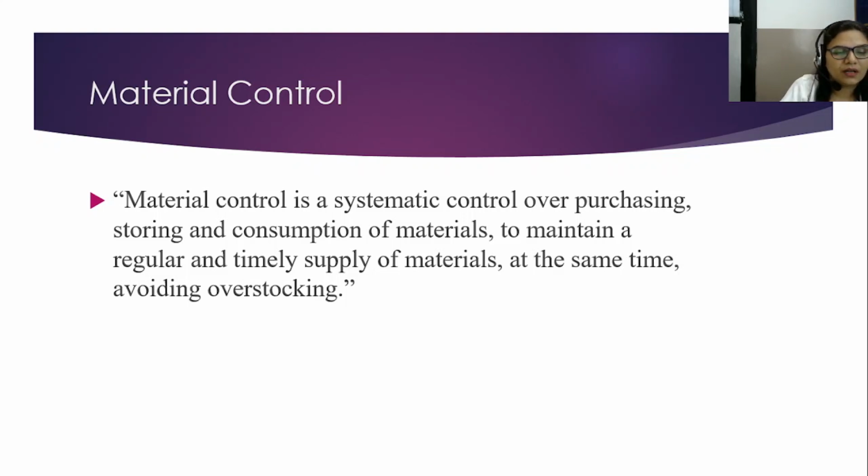Materials are all the commodities consumed in the production department to produce items directly or indirectly. And inventory is a common term used for raw materials, components, work in progress, and finished goods stocked in the store. Often there is confusion about what is material and what is inventory. Materials are all the commodities used in the production department to produce items either directly or indirectly, while inventory is a term used for raw materials, components, work in progress, and finished goods stocked in the store.